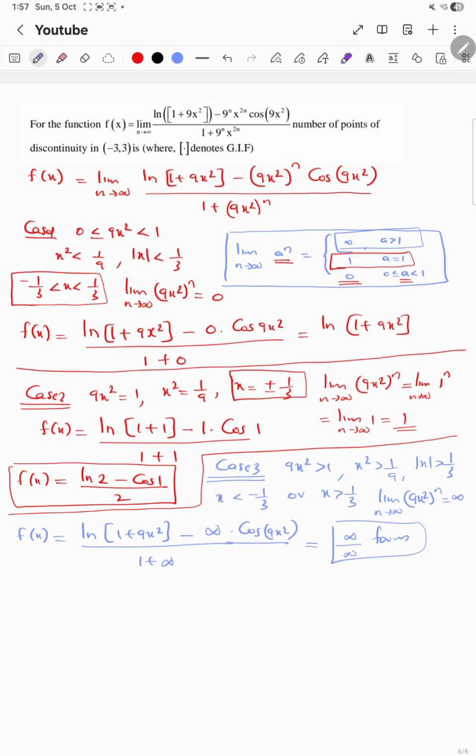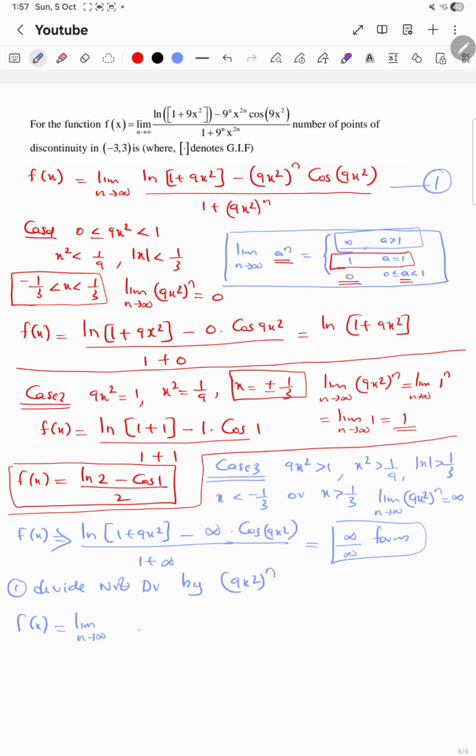So what we need to do here? So this is your f of x. So infinity by infinity. So what we can do is, this is equation number 1. Okay, so in equation 1, divide numerator and denominator by who is tending to infinity, 9x square raised to n. So you divide numerator and denominator by 9x square raised to n. So our f of x will be